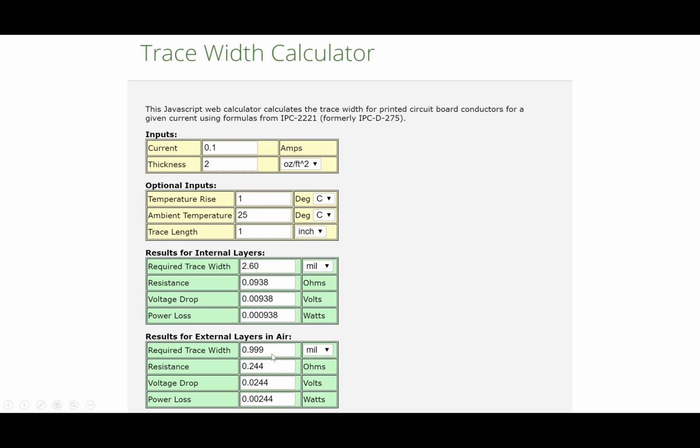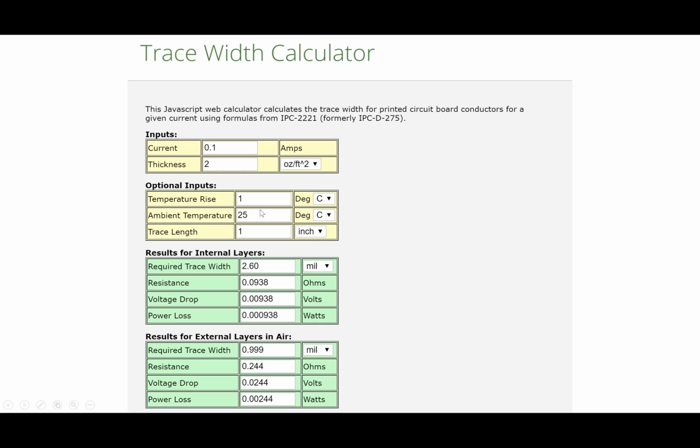So on the external pieces of the board, I have air that's able to move over the board. And so that resistance and ultimately that power drop doesn't matter as much, because the air is able to move over the top of the board and carry the heat away. Whereas I have a slightly different problem on the internal layers of the board, right? On the internal layers, effectively, that heat is very hard to get out of there. And so I need a thicker trace, a wider trace,